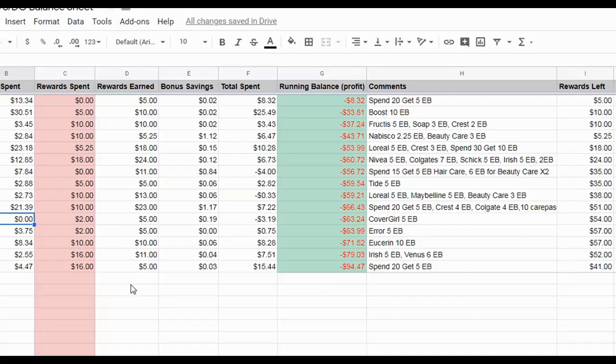So what I ended up doing was breaking it down into 2 transactions, and I guess really it needed to be 3 transactions, but anyways. Even though I think I paid $2.89 out of pocket in the first transaction, because it was refunded, I put the $2.89 in, and then I was refunded the $2.89, so I really paid nothing out of pocket. I spent the $2 in extra bucks, got back $5 in extra bucks. Then there was 19 cents in additional savings,